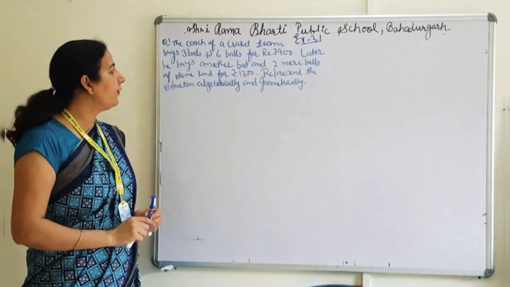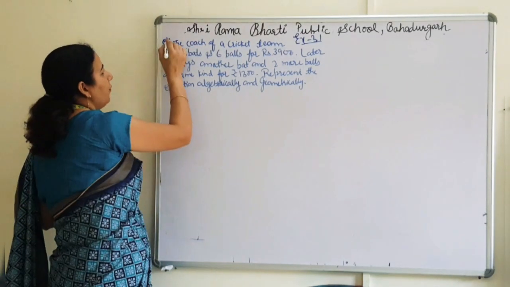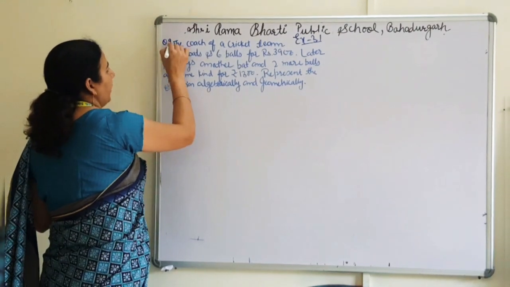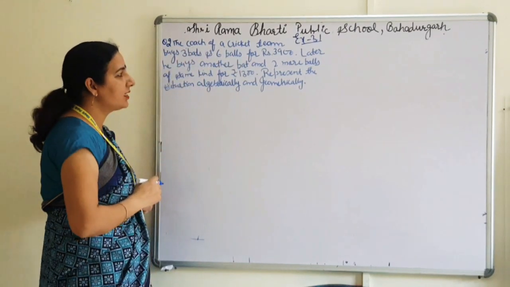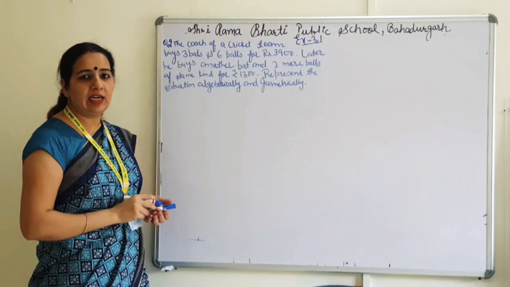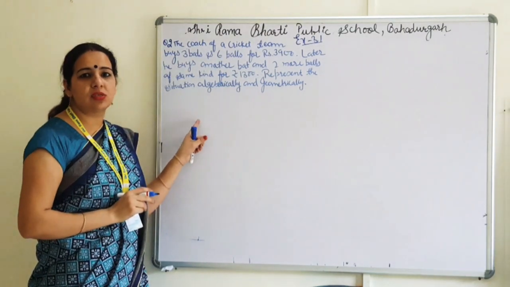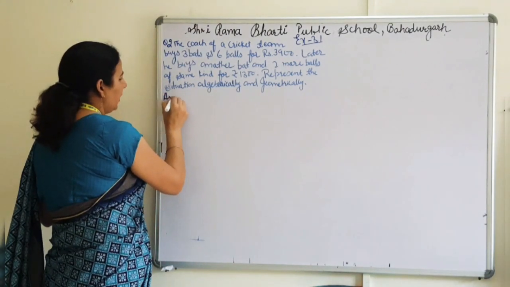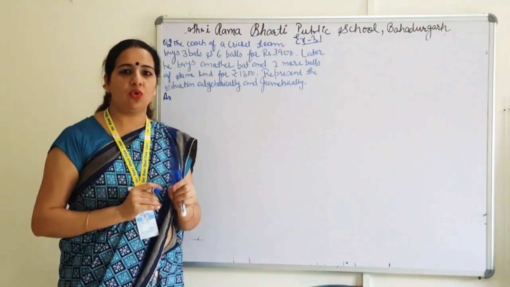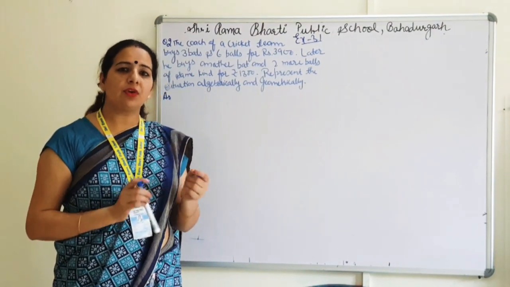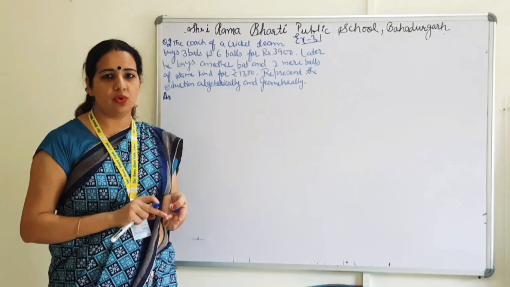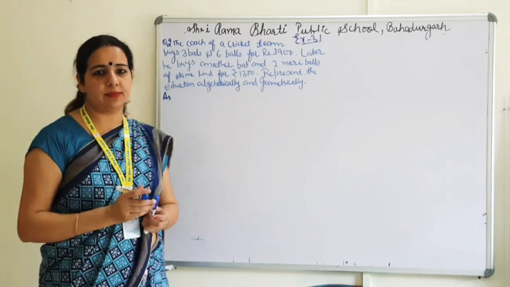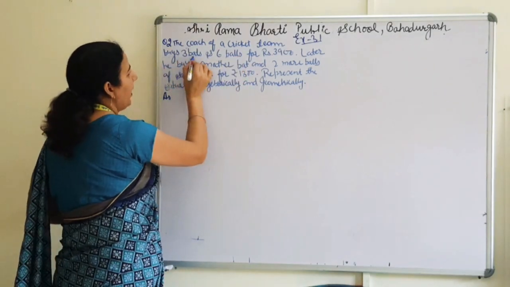So students, here I have taken the second question of your exercise 3.1. That is, a coach of a cricket team buys 3 bats and 6 balls for rupees 3900. It means the question is related to cost price. So whenever the question is about cost, you always have to start the answer with "let the cost price of one article, cost price of second article." In fact, if the question is about selling price and profit and loss also, then also you have to start by letting the cost price of all the items. So here two items are given, one is bat and second is ball.